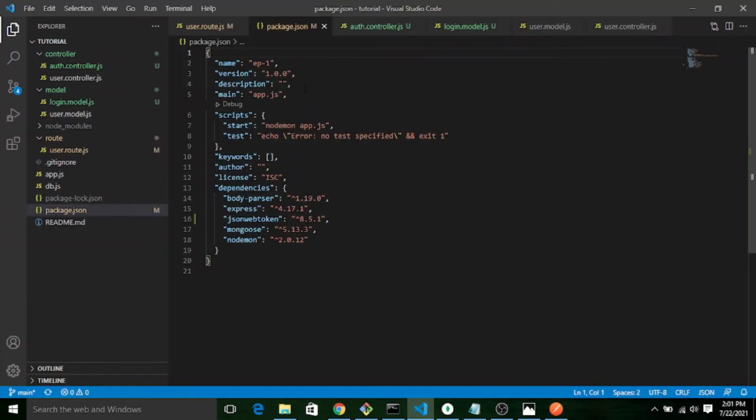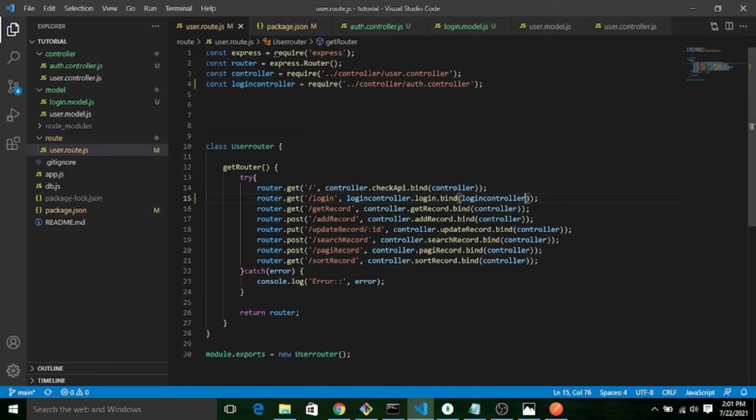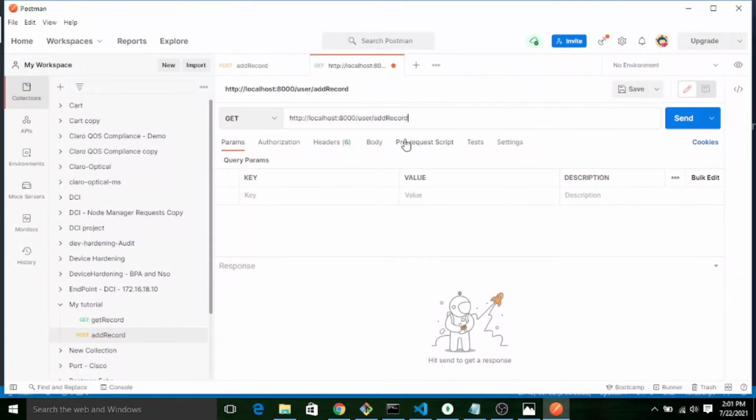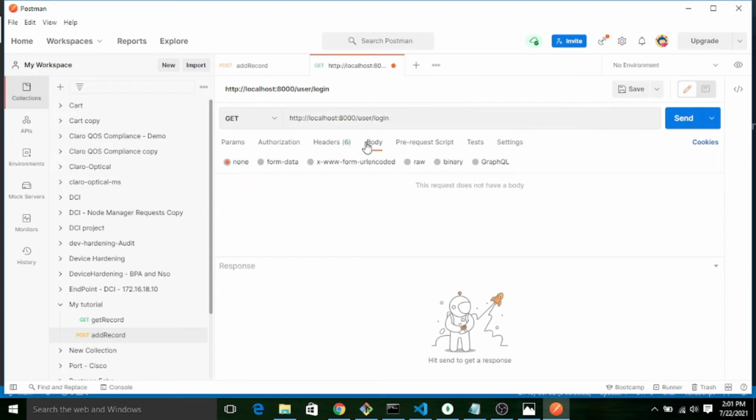Let me check what is the method we are using. Sorry, we will use the POST. Login. So here let me give the body part raw JSON data.